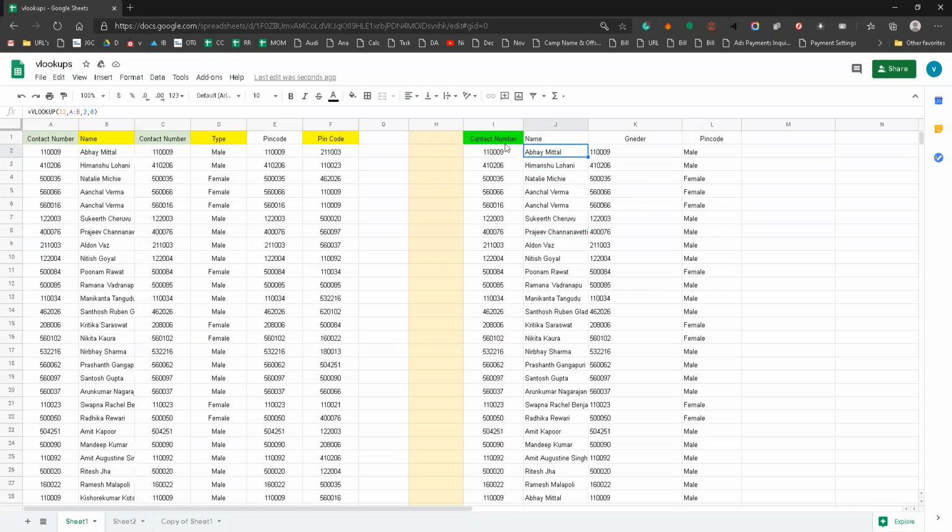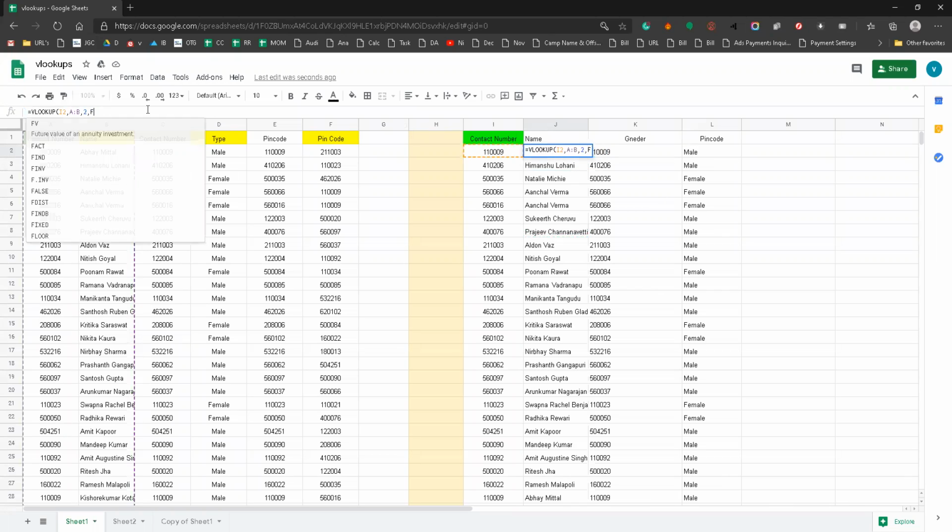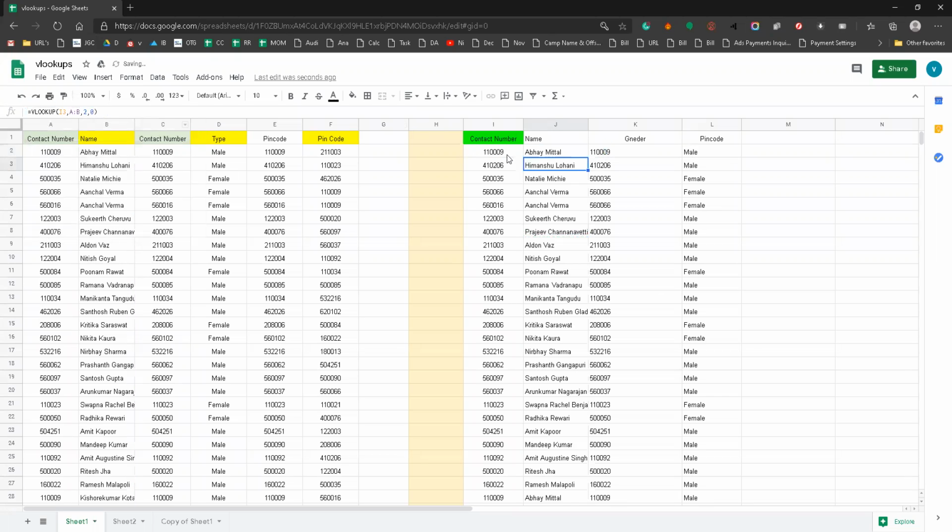Okay. So what I did earlier, we used to have the false statement here. I have renamed it to zero. Zero is nothing but the false statement according to mathematics. So I kept zero. This is another feature which we include in the VLOOKUP section. Let's see what will happen if we keep one here.